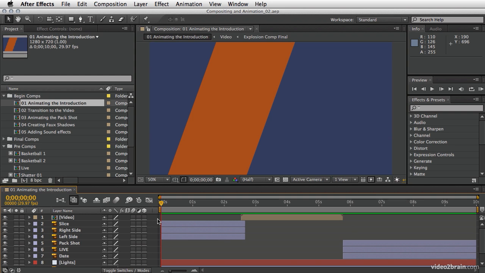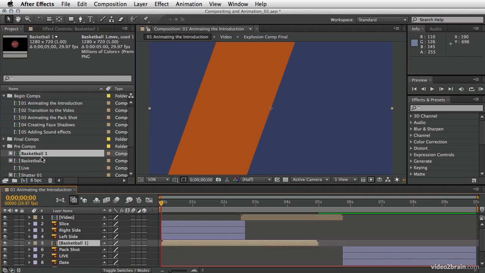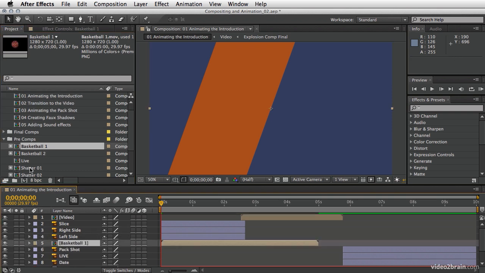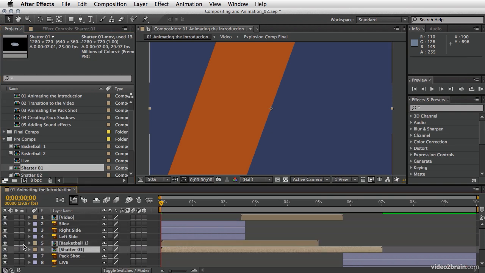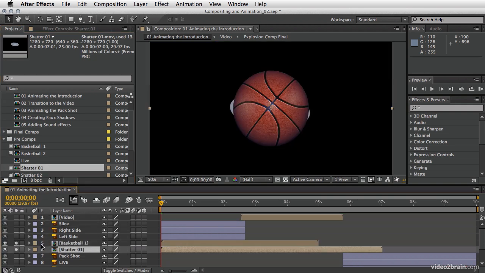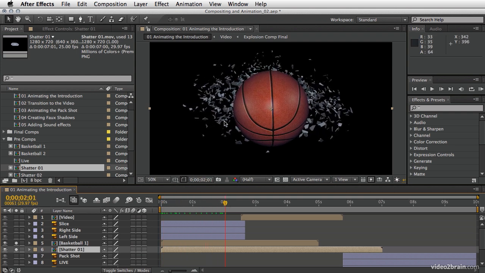So let's move to the beginning of the composition and let's animate the first part. To begin with, I want to drag down the basketball composition and place it underneath layer number 4. And then underneath the basketball composition, I'm going to drag down shutter number 1. So if we're just going to solo those 2 layers, this is what we have, the basketball and underneath the